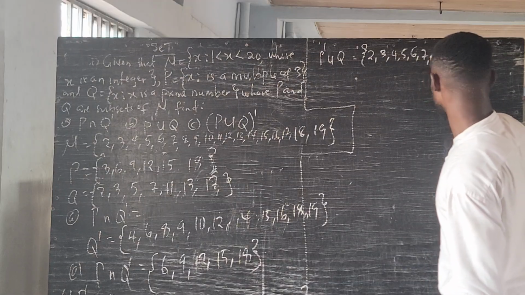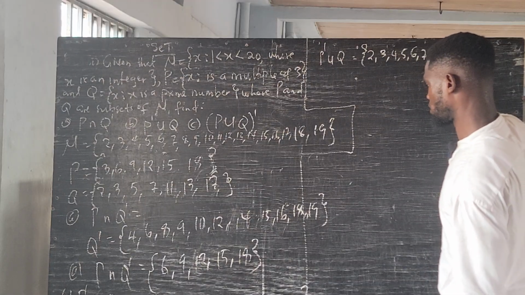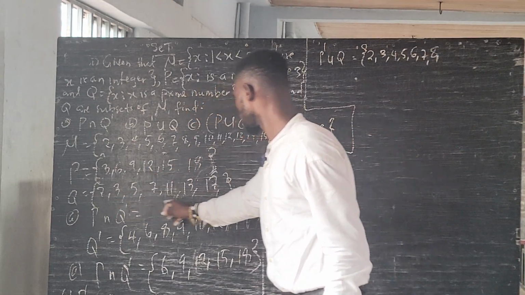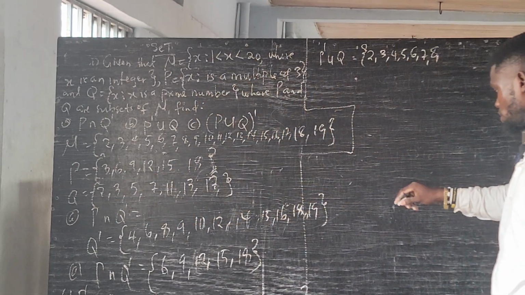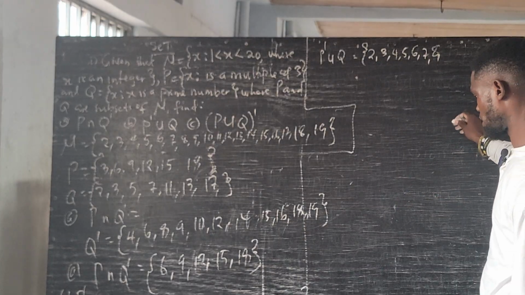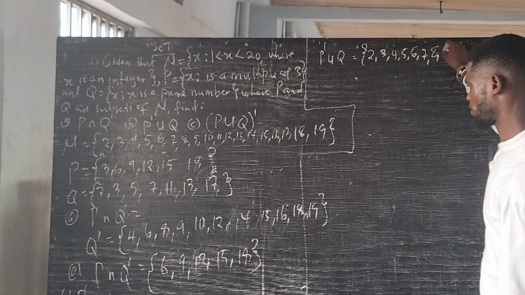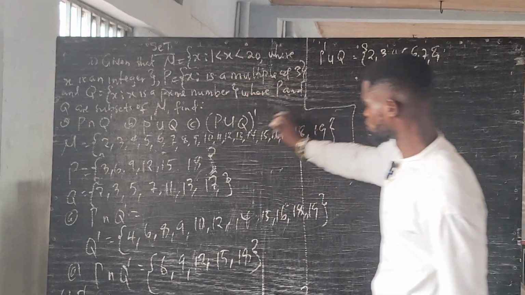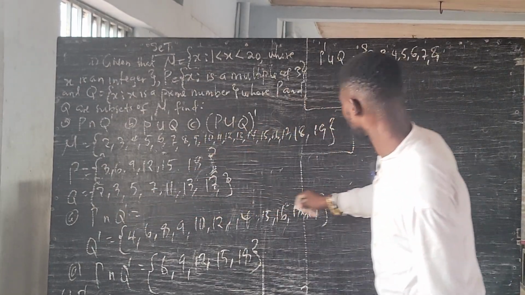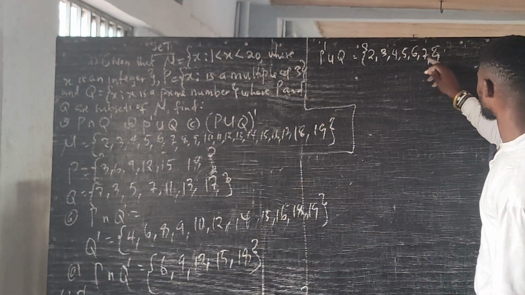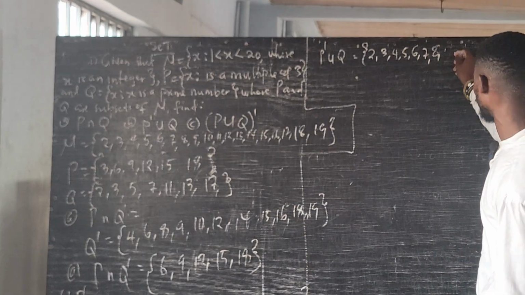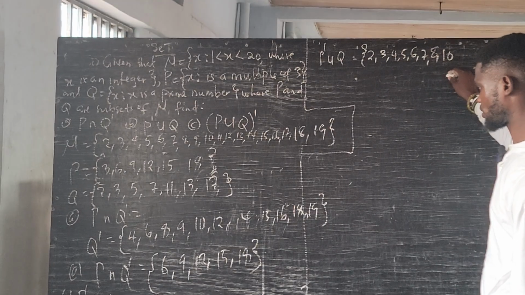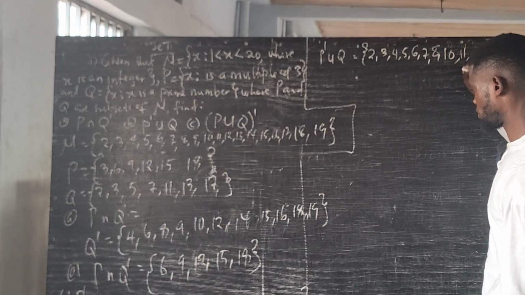7, 8, 8, 8, 8, 11, 8, 8, 10, 8, 10, Q, we have 5, okay, we don't have 6, so we have 6, 7, 8, we don't have 9, so we have 10, we have 10, 10, 11, 11,